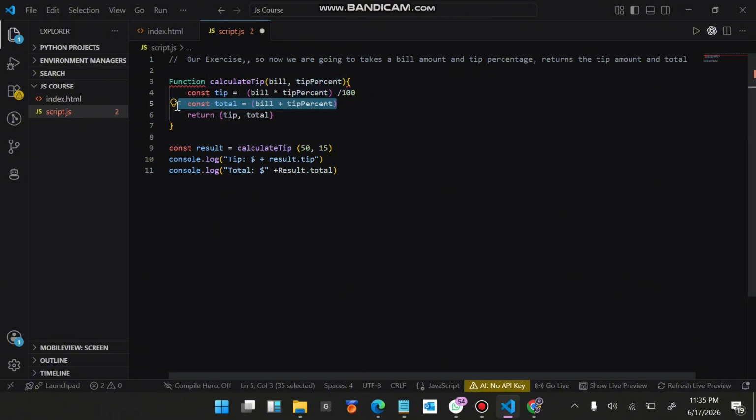Because we want this to be a number, so we remove this bracket. Okay,